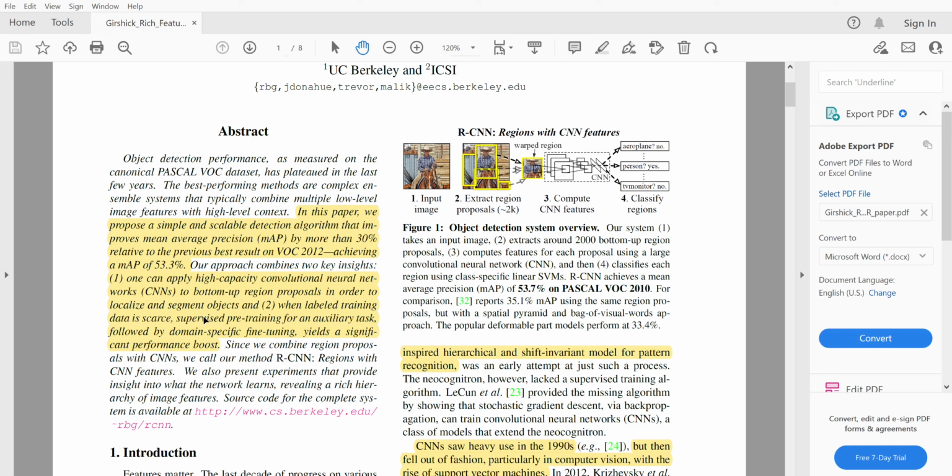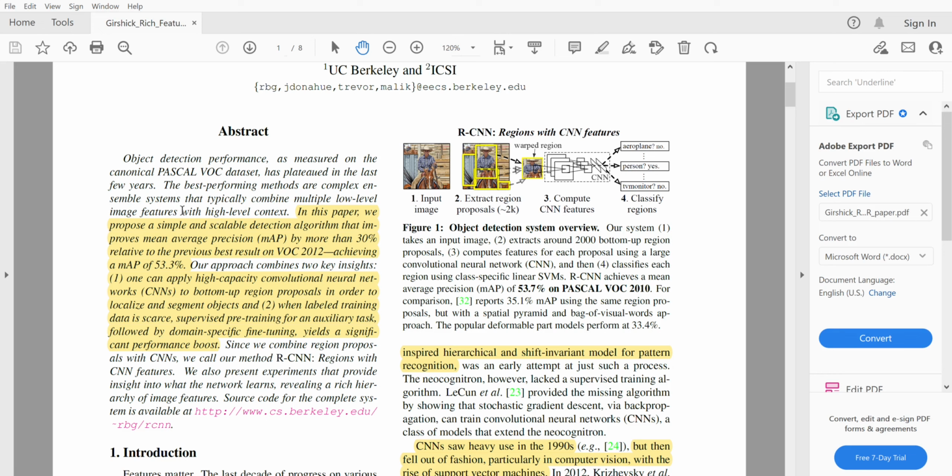And when labeled training data is scarce, meaning that labeled data is insufficient or low in quantity, supervised pre-training on an auxiliary task followed by domain-specific fine-tuning yields a significant performance boost. Since we combine region proposals with CNNs, we call our method R-CNN. Before that,